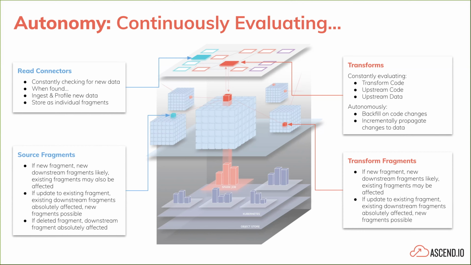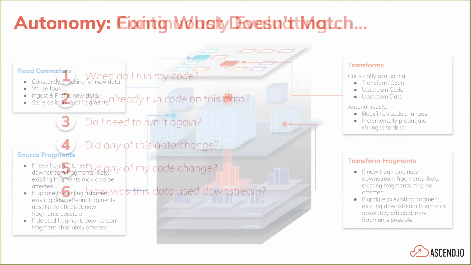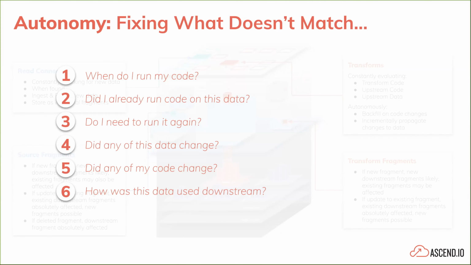Now, we're going to take a step back up and remember the key questions of everything that we needed to codify in order to build a data engineering pipeline, which is first, when do I run my code? All the time. The control plane is running all the time to figure out, are there any p-SHAs in a mismatched state? And is there any work that needs to be done to, quote unquote, fix and repair that state?